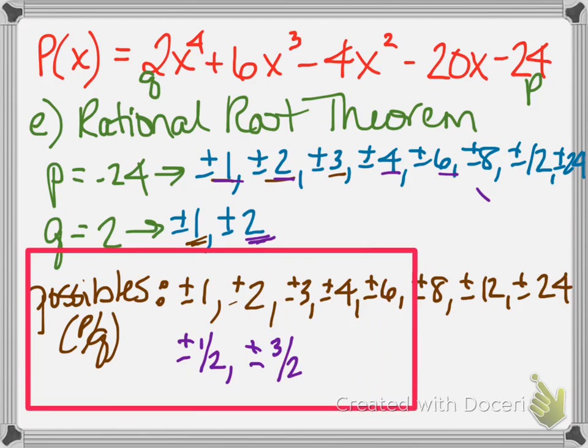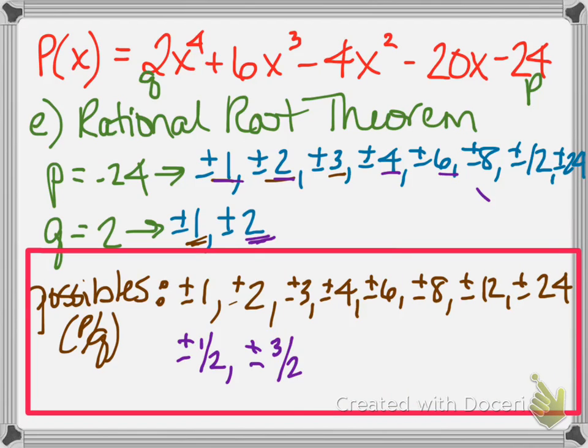So for letter E, or A on the test, or whatever, this is what I'm going to be looking for, the list of all your possible rational roots. From there, we have to find all the rational zeros. Now, I don't have the calculator app that I have at school, so you're just going to have to trust me when you put this in the calculator. Remember, we look for our zeros by using the trace feature on our calculator. And when we do that,